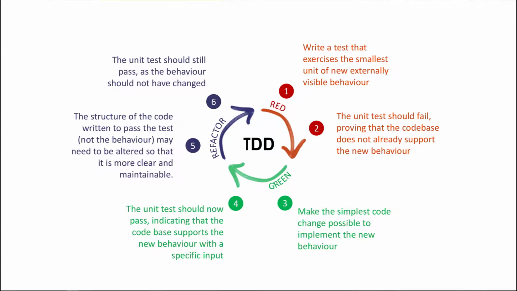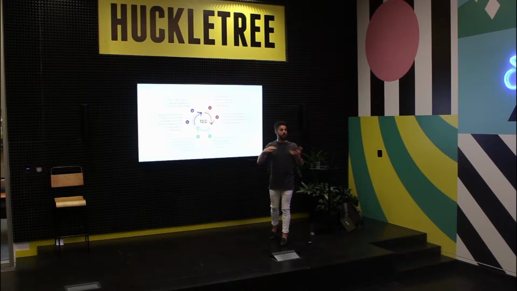You might then want to, as you go along, restructure your code, not the behavior, just the way that your code is written, to do exactly the same thing in a more maintainable way. So that's what we call refactor. And the unit test obviously should still pass, because if you've changed something and it fails, then you've changed the behavior, not just the way it looks. Cool, makes sense.